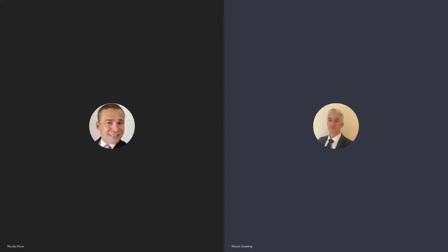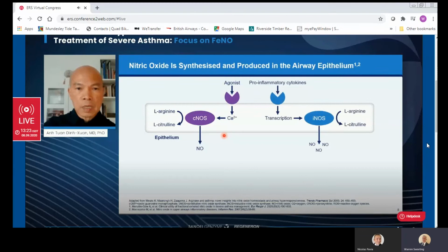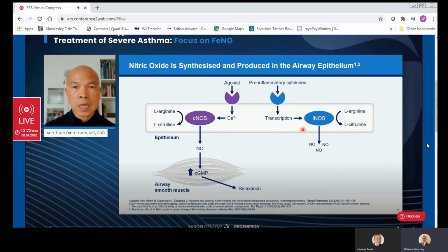A small amount of nitric oxide will be useful to induce bronchodilation through the increase of cyclic AMP. At the same time, we also have a second family of enzyme, named iNOS, I for inducible. This family of enzyme normally is not present in a normal cell. However, it will be induced in large amounts when inflammation is coming through pro-inflammatory cytokines, and those cytokines will make